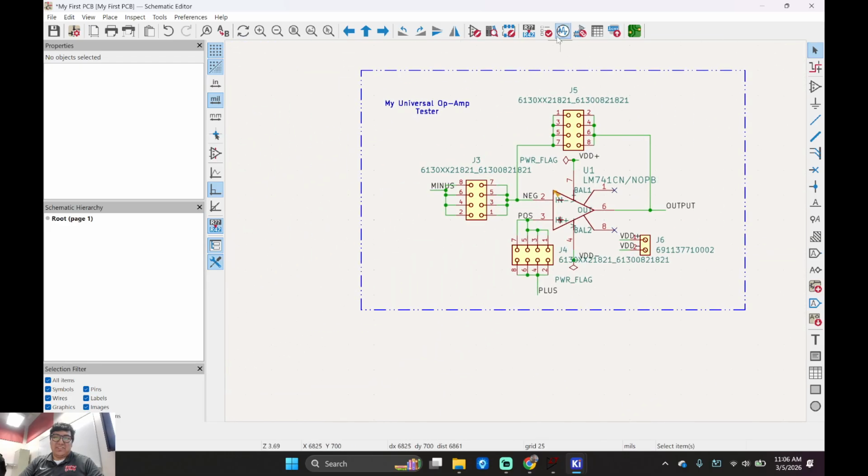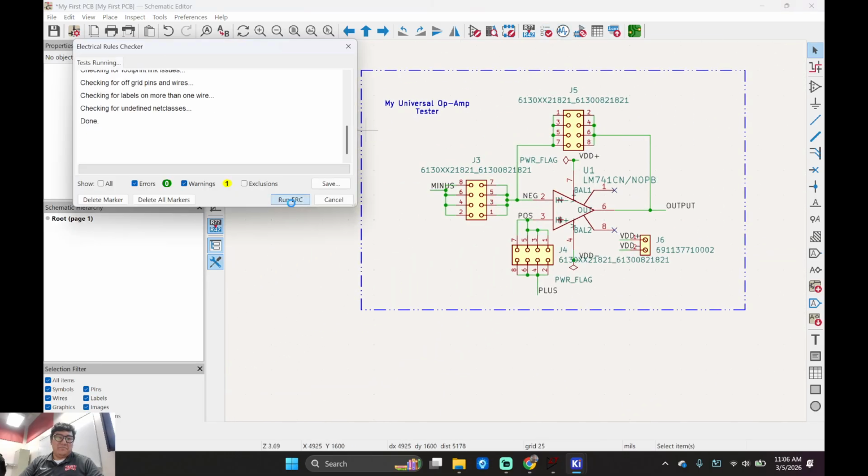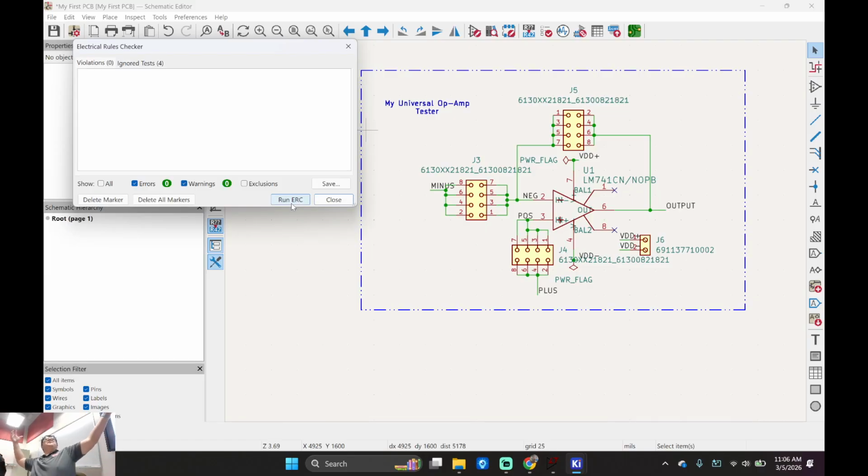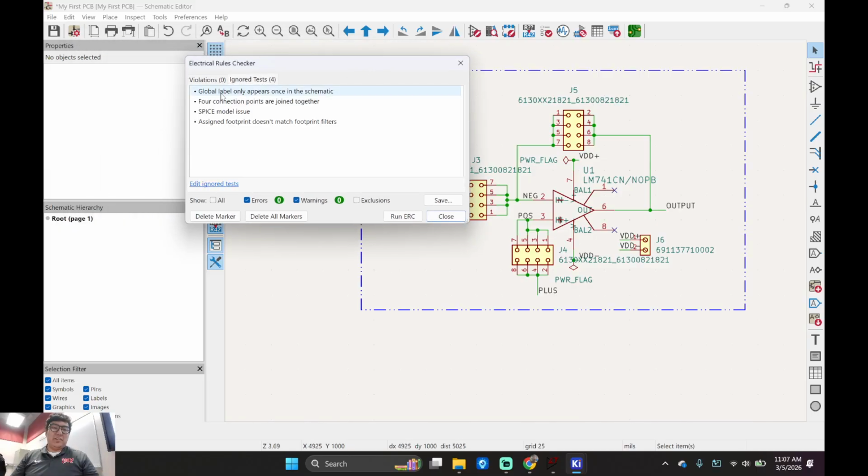What happens when I check and save it, or ERC it? Let's go. This is a screenshot I'm expecting for your pre-lab. This right here tells you, congratulations, you got your ERC, electrical rules check, done. This is screenshot 1 right here. All right. Ignore tests. What did we ignore? Don't worry, because we're not doing SPICE, okay?